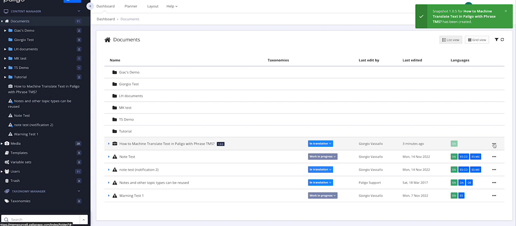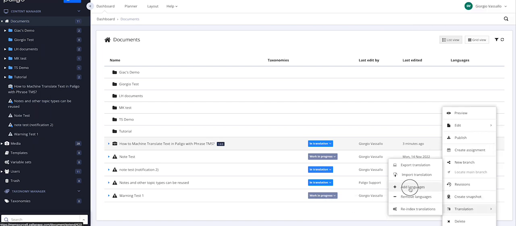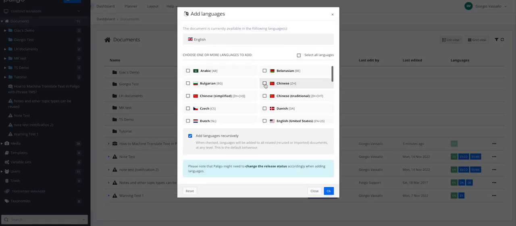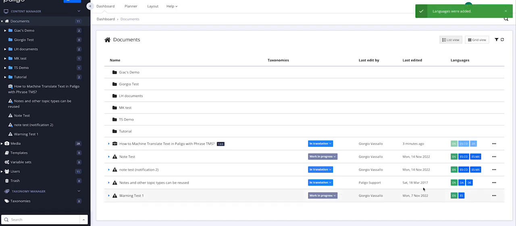Now I click on these three dots at the right, and I'll mouse over the translation section and then click on add languages. So I'm going to add Chinese and Spanish and click OK. And now we see that the two languages are here, plus the original source language, which in this case is